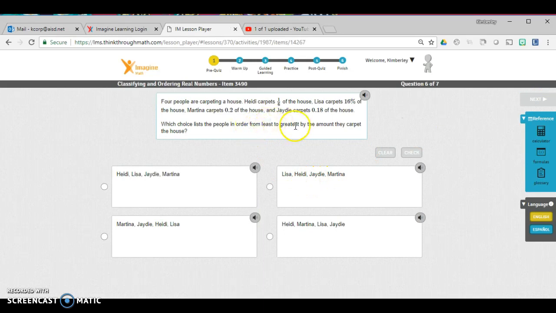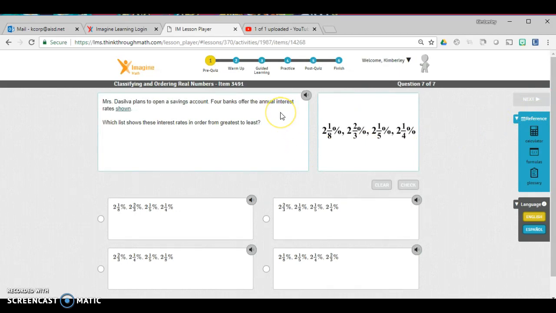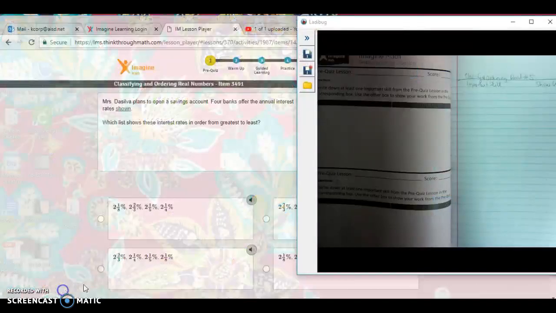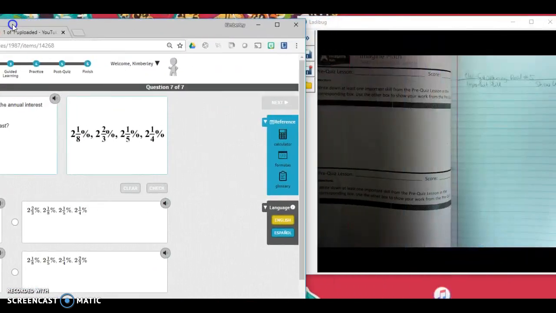Here, I'm just going to guess. You should actually do the work. All right. I'll show you how to show work in your journal. So on this one, I need to figure out